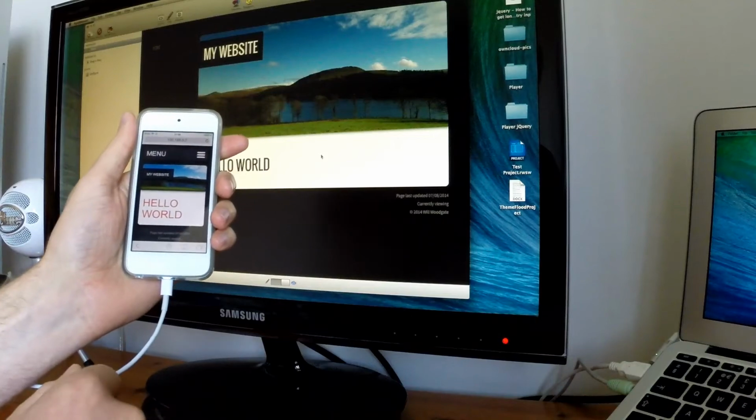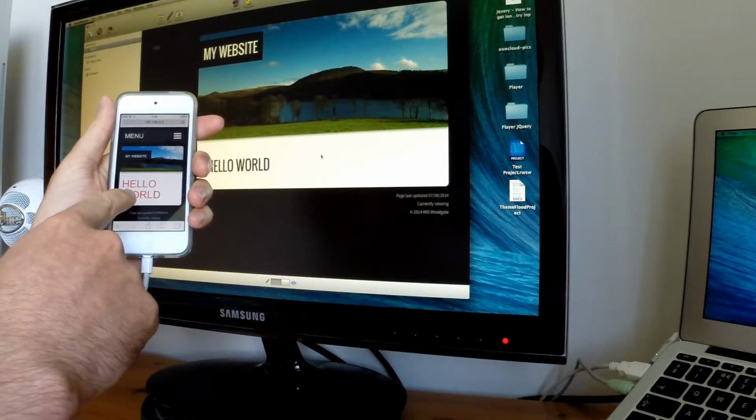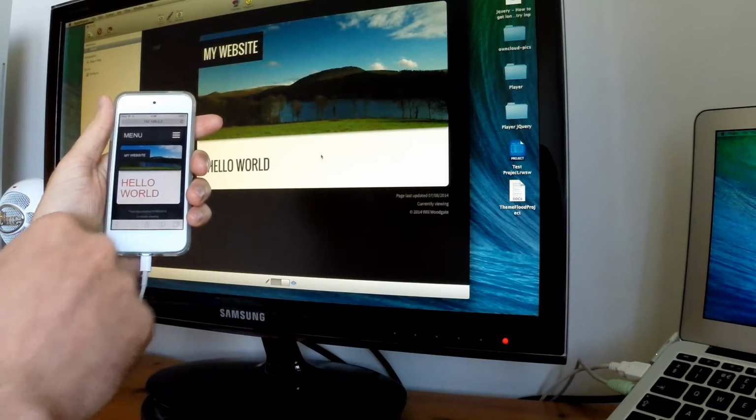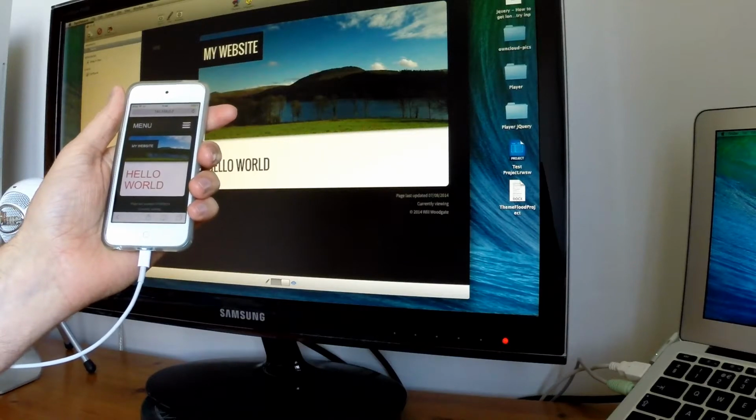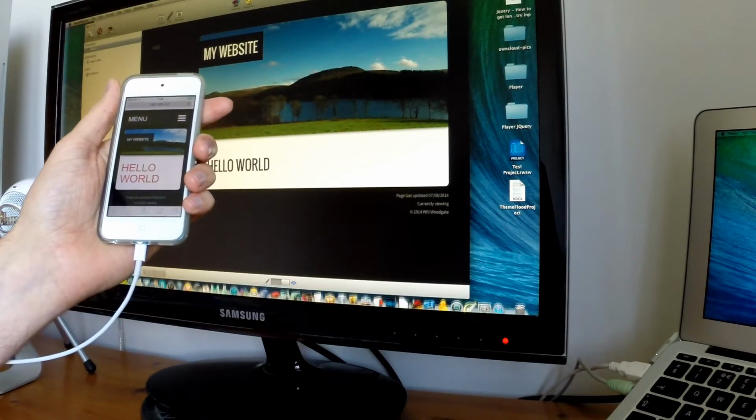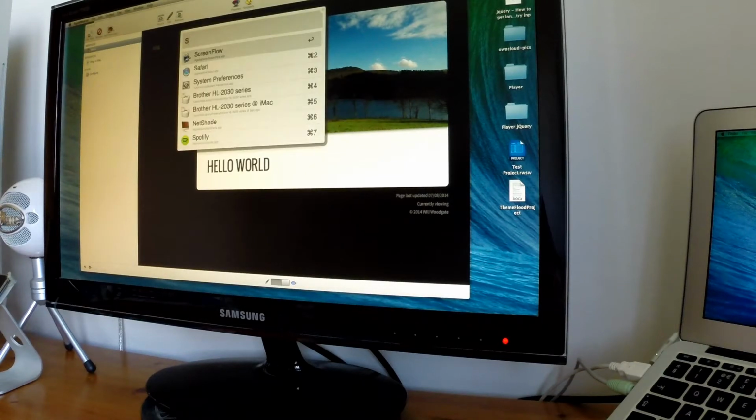So here it is. Now, I don't know if you can see that on the camera, but the text that says Hello World is now in bold and in bright red, which is what we wanted for the purpose of this little demonstration. And now if I go and open Safari again,